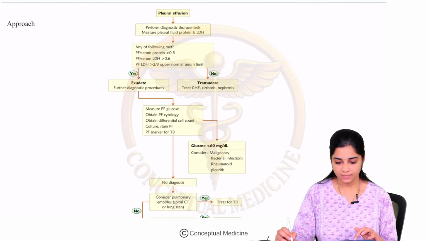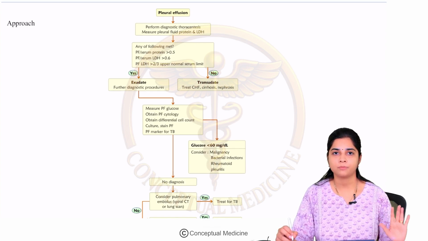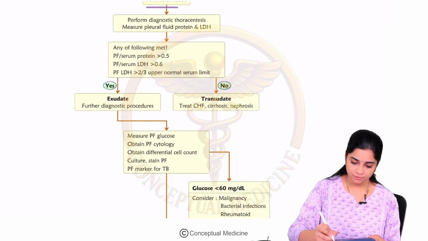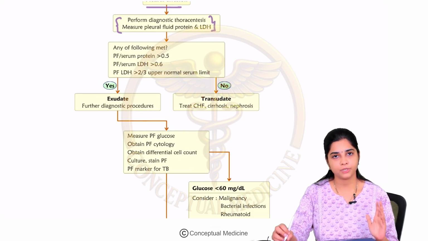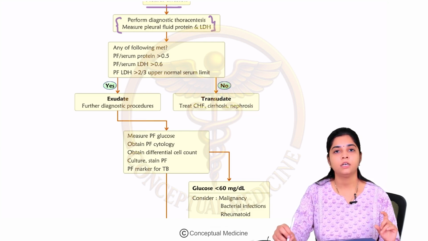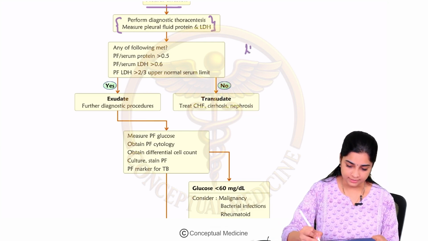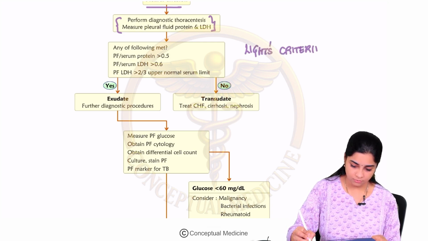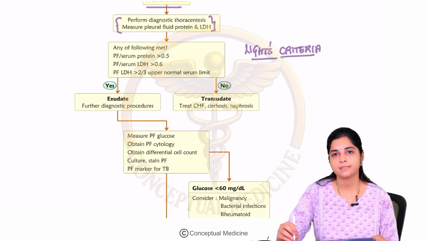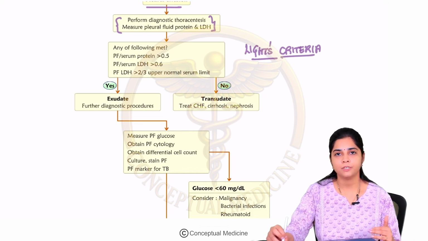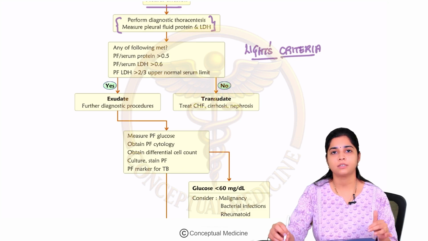So now that you have done that, let us understand how you will approach a case of pleural effusion. The first step whenever you see a pleural effusion is that you perform a diagnostic thoracocentesis, measure the pleural fluid protein, LDH and counts, and this biochemical analysis is the basis of what we call the Light's criteria. Okay, so what is the basic use of the Light's criteria? The Light's criteria is basically used to differentiate between pleural effusions, whether they are exudative or transudative,